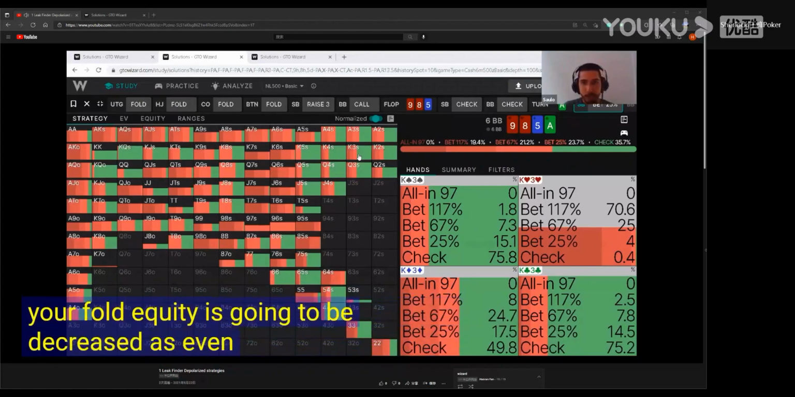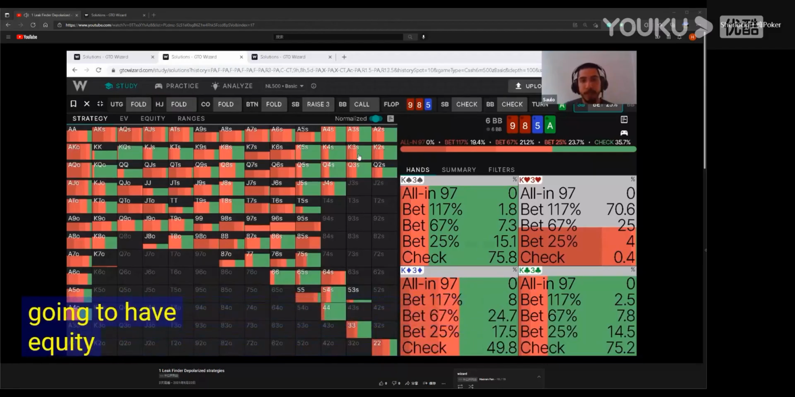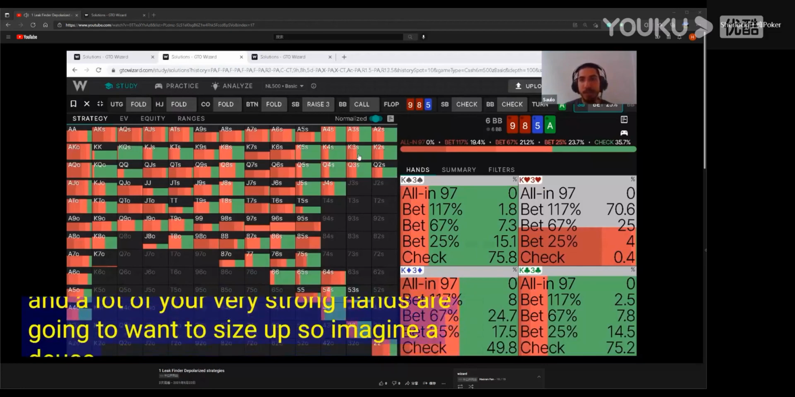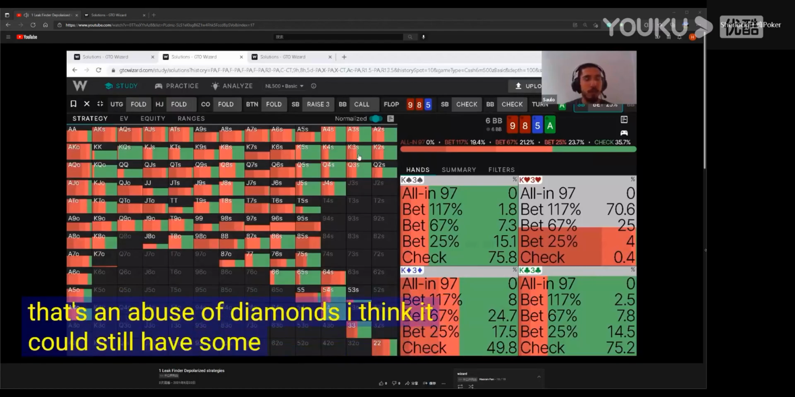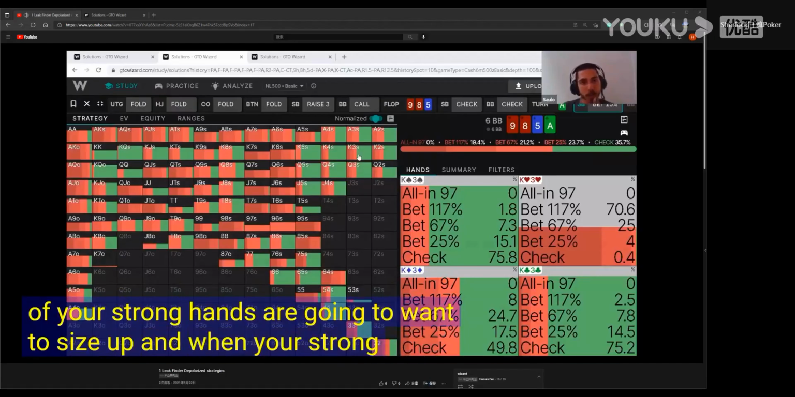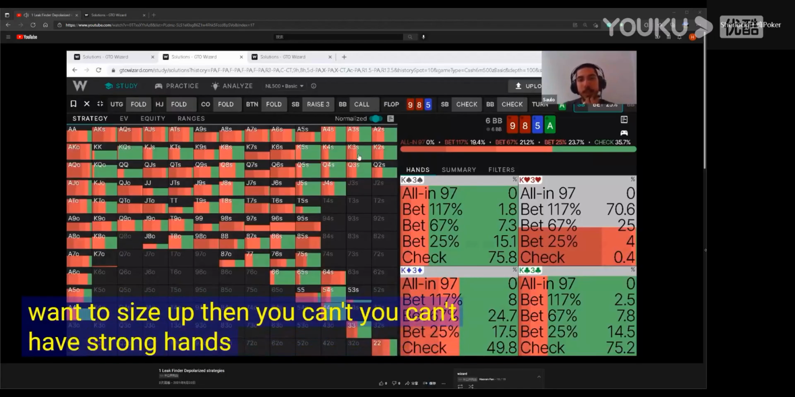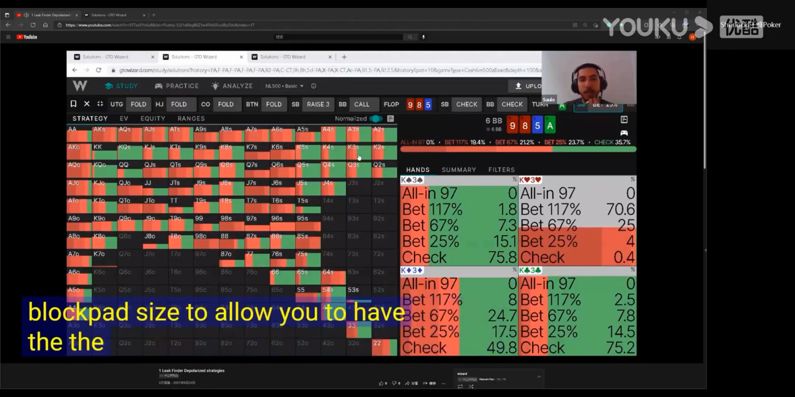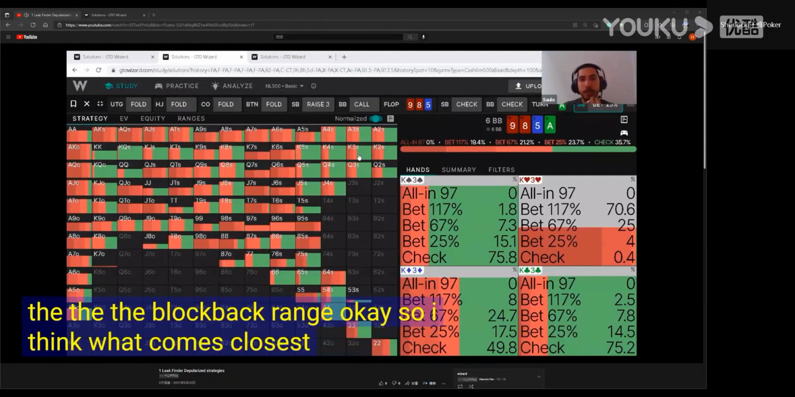Your fold equity is going to be decreased as even more hands for IP are going to have equity. And a lot of your very strong hands are going to want to size up. So imagine a deuce of diamonds. Yes, on a deuce of diamonds, I think it could still have some blocks, but a lot of your strong hands are going to want to size up. And when your strong hands want to size up, then you can't have strong hands anymore to balance the block bet size to allow you to have the block bet range. Okay, so I think what comes closest,